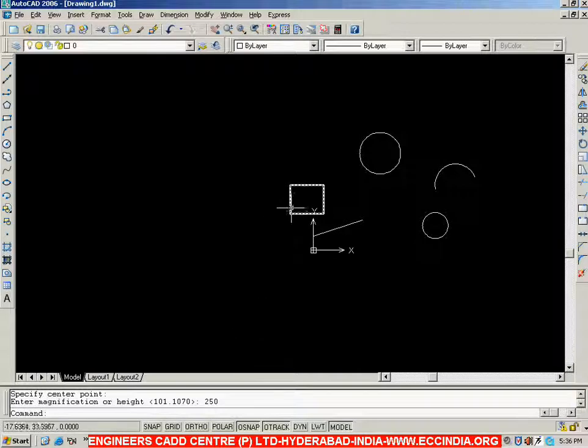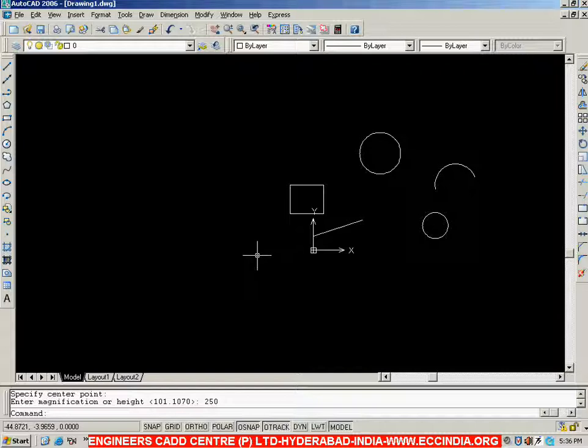Now again here also the selected point is placed exactly at the center of the screen. This is the screen, and for the screen here we have the center. But now the camera has moved away from the objects. So when we are going for a larger magnification value, the camera is going to move away from the objects, and when we take a smaller magnification value, the camera will move closer to the objects.